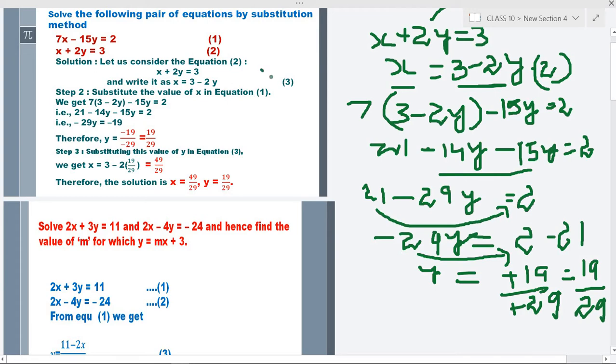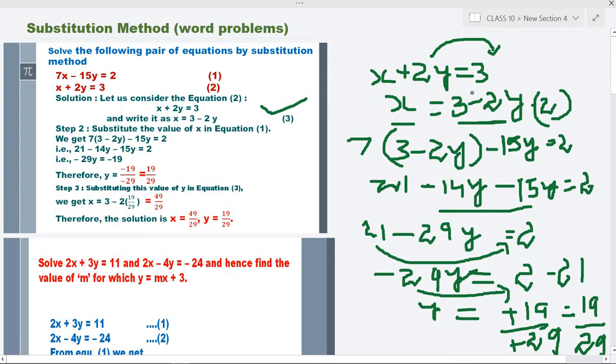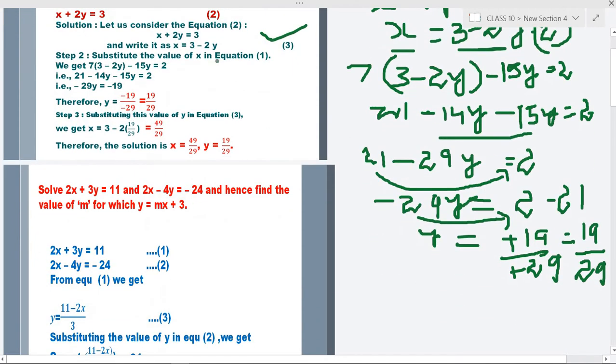Yes, the equation 3. So when you substitute this value of y in equation 3, mind well this equation was formed by you over here. So we formed first step was that only that we had formed equation 3, right? So on substituting this value of y in this equation will be the smarter part and will consume less time. So that is already done over here. I will not write it.